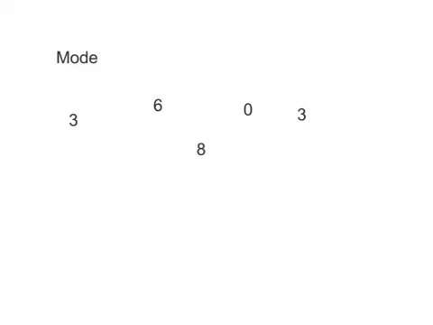Now, the way I've arranged the data, which is kind of all over the page, is so that I can move it around. One of the things I suggest students do is put numbers together in a nice order. You don't have to have mode in order, but when you do, you can quickly see where there are multiple numbers coming together. In this case, I can look and see that there are two number threes,